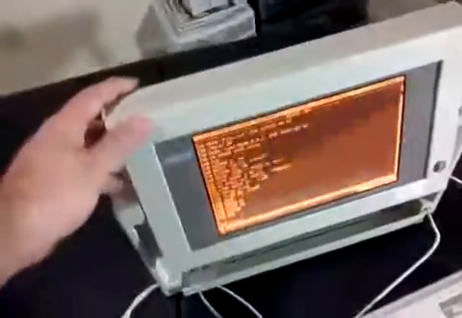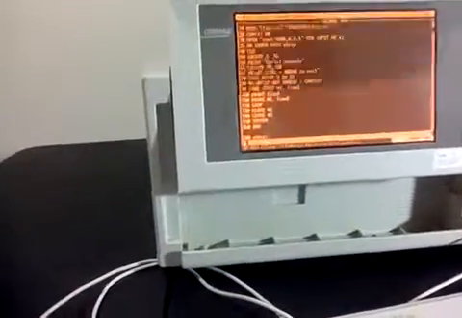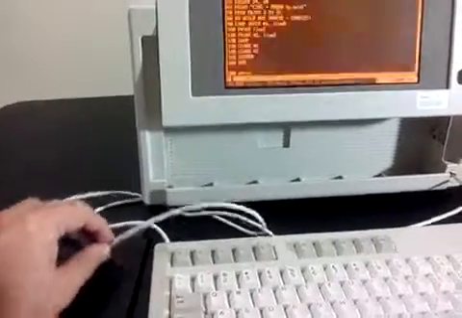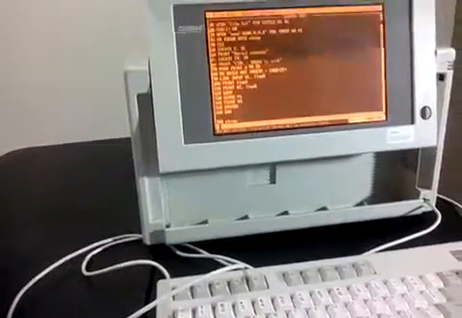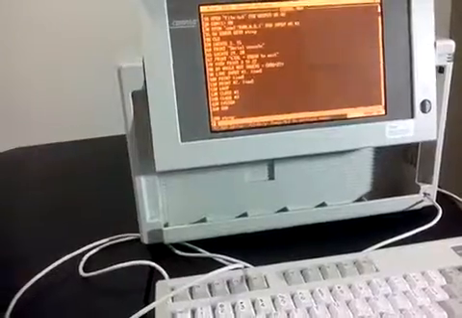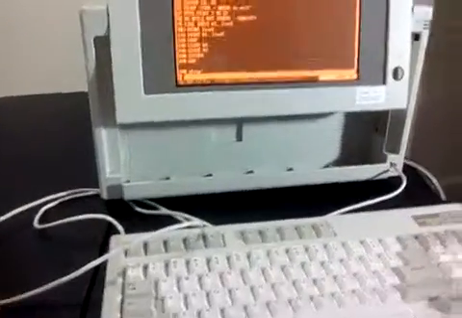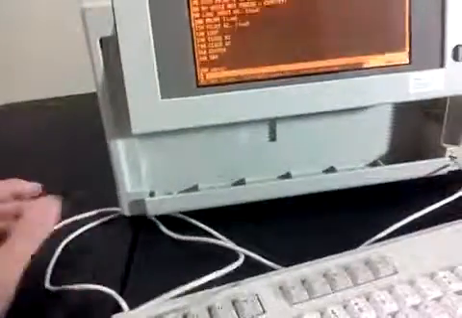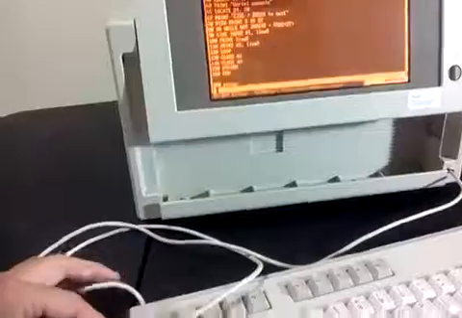I have here an old Compaq Portable 3 with a 286 microprocessor. This portable PC has 640 kilobytes of RAM and about 20 megabytes of hard disk space. I bought it from eBay, and one of the first things I did was repair the